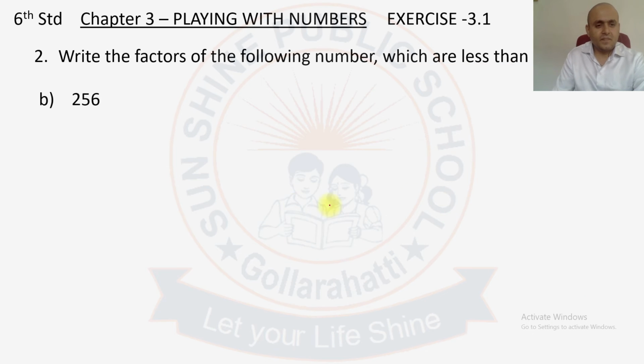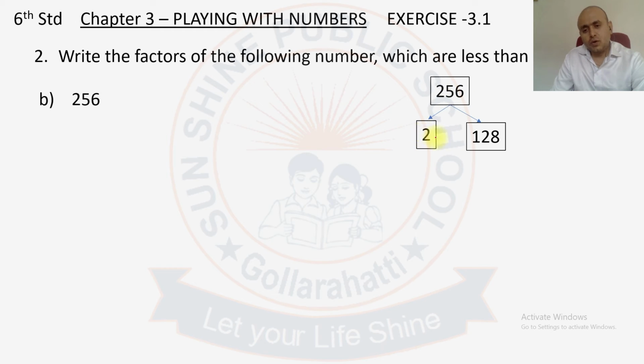So, second question, 256. First, 256 factors. That is, 256 divided by 2, 2 times 128 is 256, and 128 divided by 2, we get 2 times 64 is 128, and 64 divided by 2 again, 2 times 32 is 64, and 32 divided by 2 again,